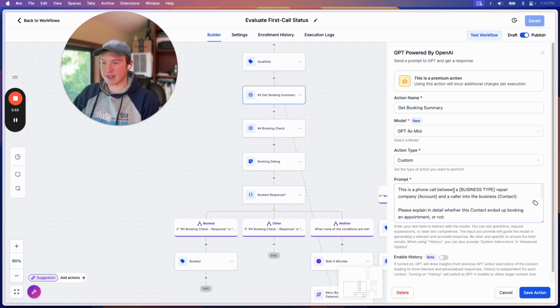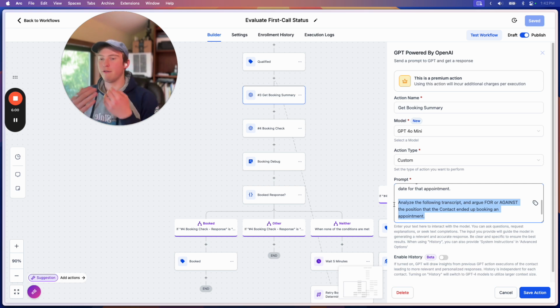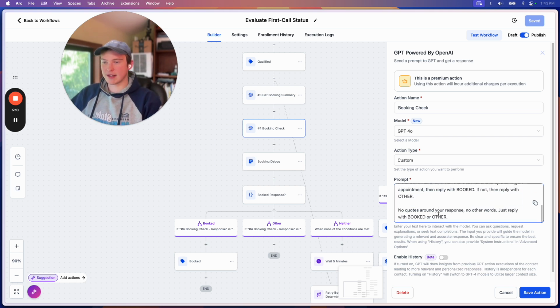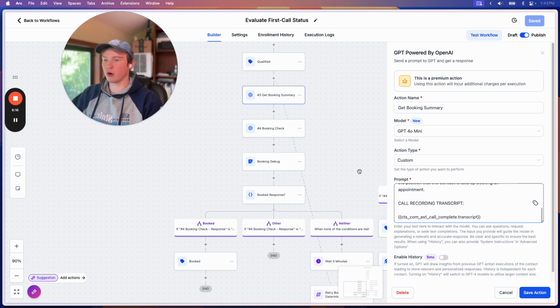For this step, we're asking if this person booked or not, and we're telling it to argue. It's very important that you tell it to argue for or against, because if this step only has conflicting views, like on one hand we think it booked, but on the other hand it might not have, that's not helpful, and that's not going to get you a decisive response. So you need this step to argue for or against a certain position, and it should be able to do that if you tell it to use a few paragraphs, because it'll have more tokens to reason with.